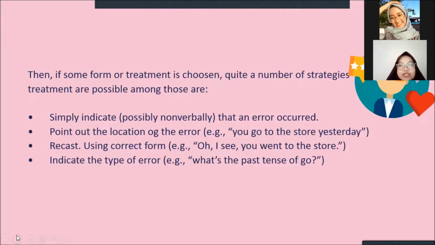Misalnya siswa melakukan conversation bersama kita, kemudian mereka melakukan kesalahan. Apabila kita terus-menerus meng-cut mereka ngomong, langsung dikoreksi, itu bisa menghilangkan motivasi mereka dalam